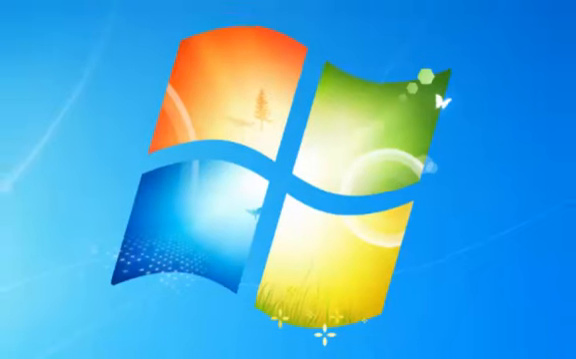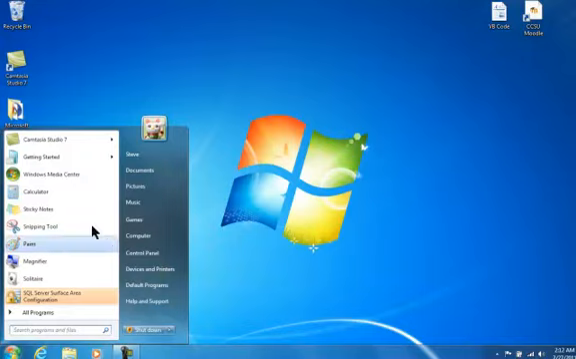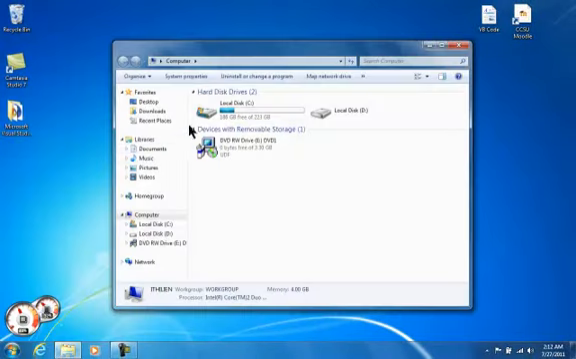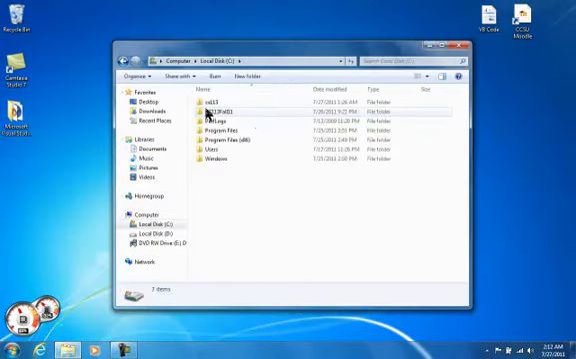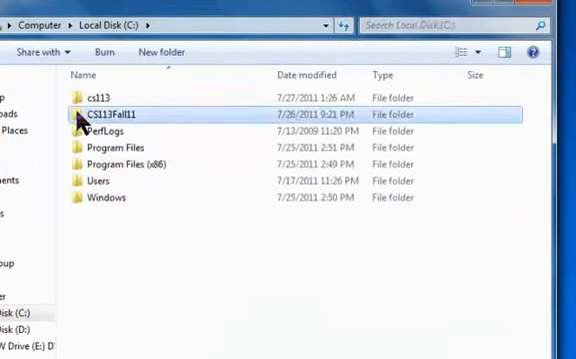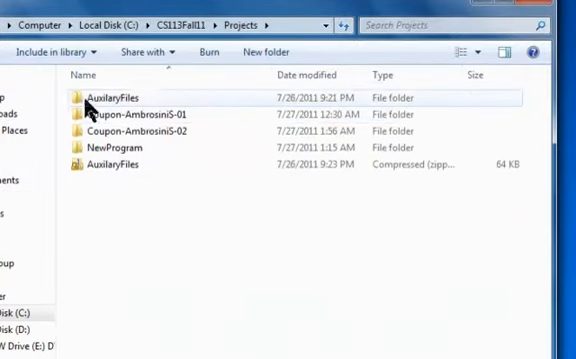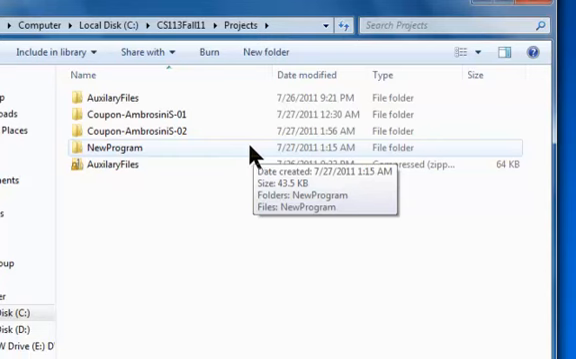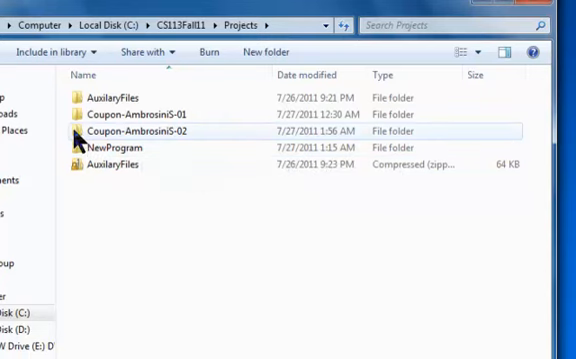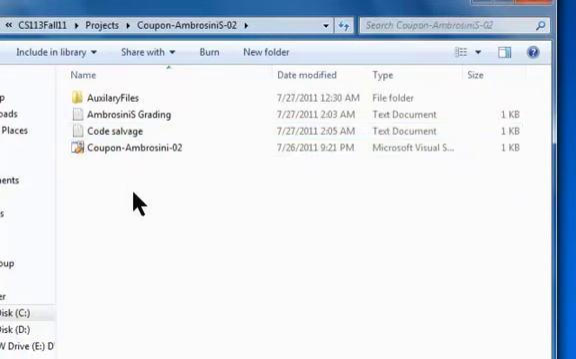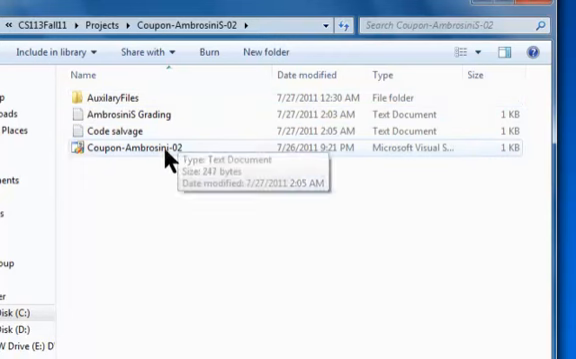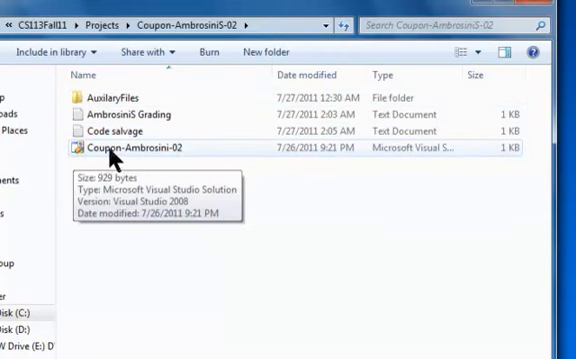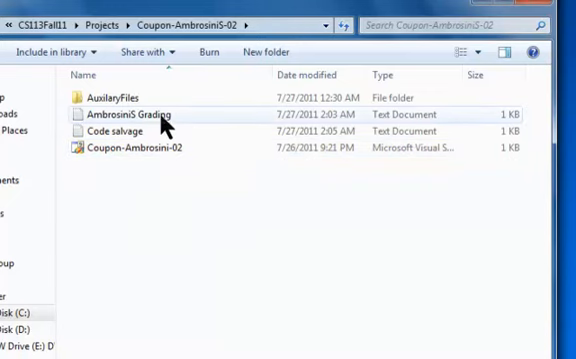Okay, here's how you go about handing in a project. You go to your location in your computer where your project is fully done. In this case, we're going to look at the coupons folder. In this case, you have your auxiliary files, which we never touch. You have the coupon or whatever project you're working on with its revisions, but you also have these other two